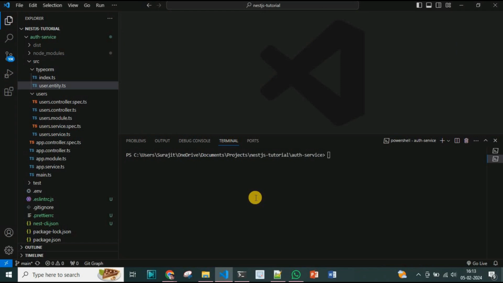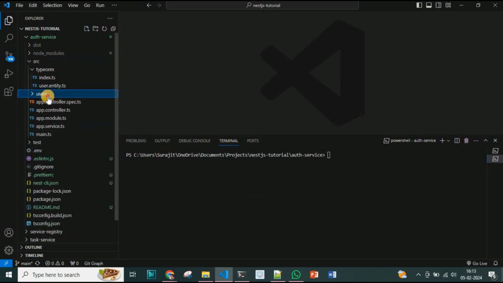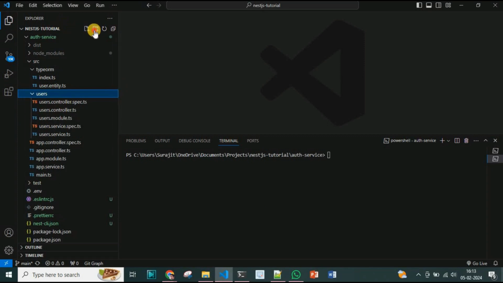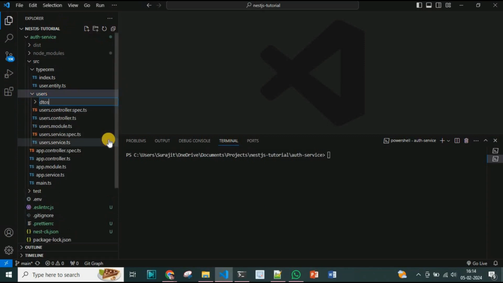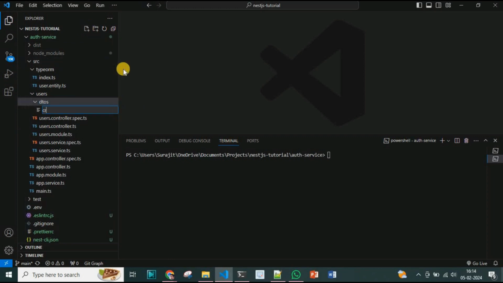Next, I will create the DTO for creating user entities and include validation rules using the class-validator library. Basically, DTO stands for data transfer object. DTOs are used to encapsulate and validate data when transferring it between different layers of an application, typically between the client and the server. So inside the users folder, I will create another folder, dtos,